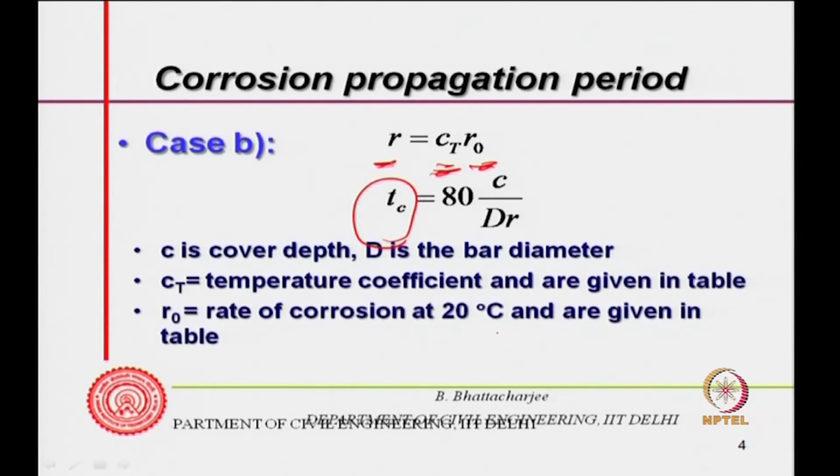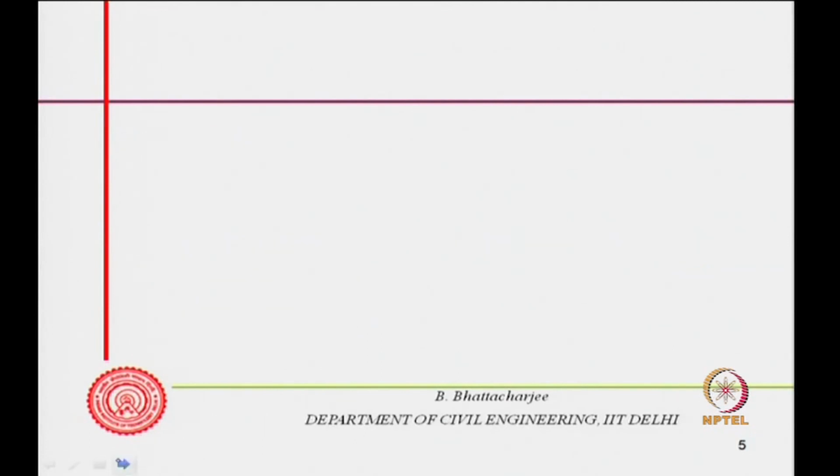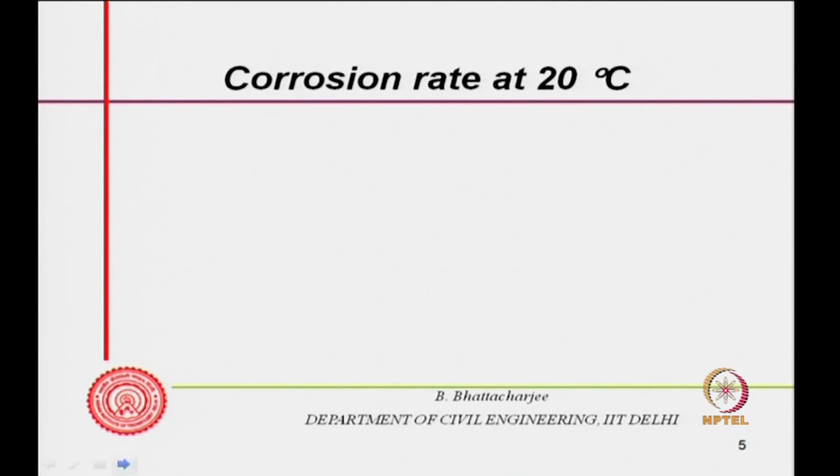R0 is the rate of corrosion at 20 degree centigrade, and again it is given in a table. So, for the kind of condition where experiments were done, where this empirical model is applicable, you can use this formula and first find the R0 given in the table. Then, if there is a temperature change, the rate can be determined from this, and Tc is the time for delamination given by this model. This is available in a book by Sarja and Vesikari,